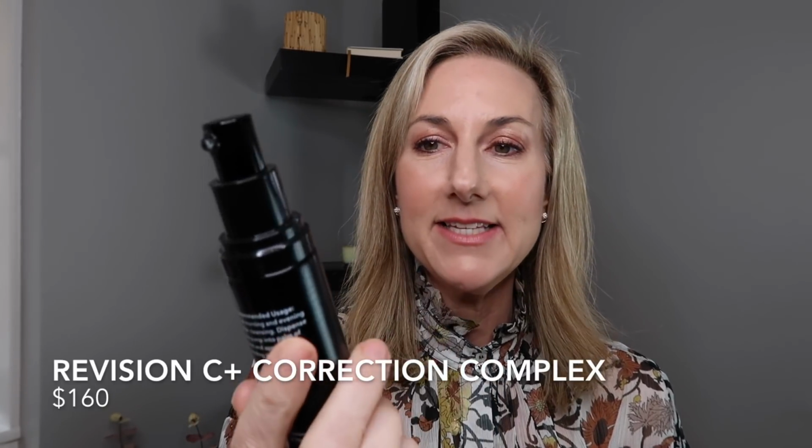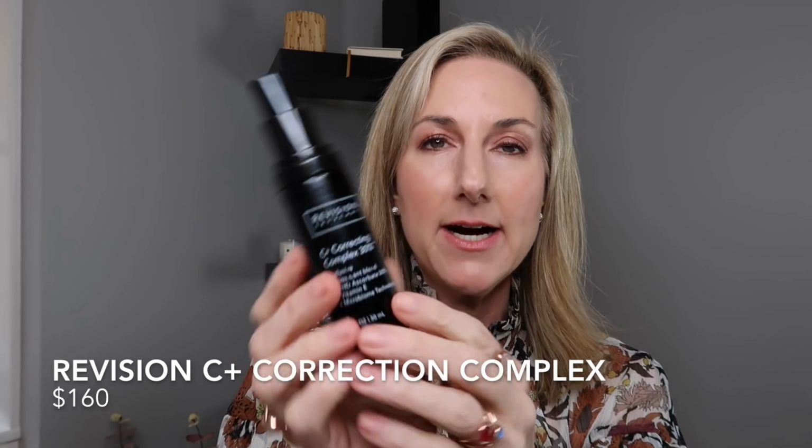Okay, I have quite a few serums. This is where I like to play a bit, but in general, you guys, I love a C, and I did try the Revision C Correcting Complex 30%. I did really enjoy this. I found that it was very moisturizing to the skin, and I'm sure it gave me some C benefits,